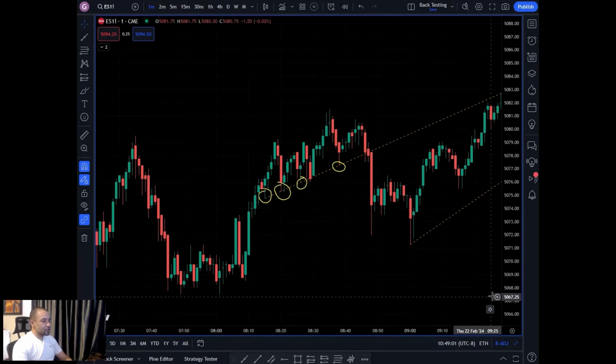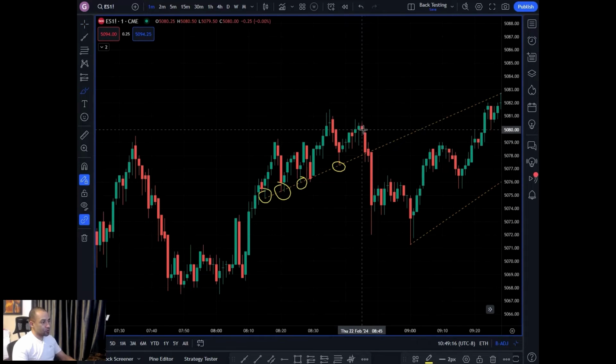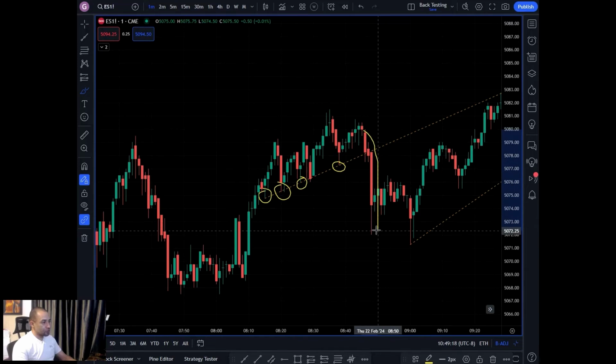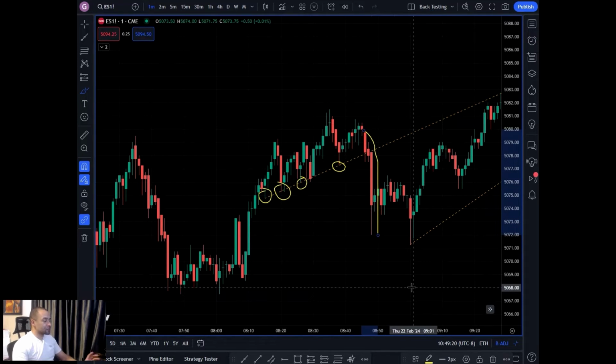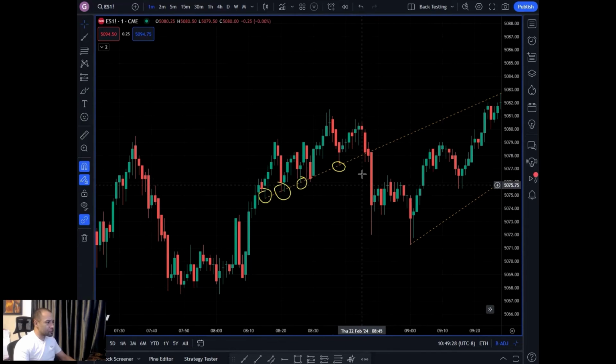And what I like to see to confirm that a trend line is broken, I like to see a strong break through price. And you can see right here that price broke very strongly through. Okay, so that signals to me that we have a broken trend line. Okay, I don't want to see a weak break through the trend line.